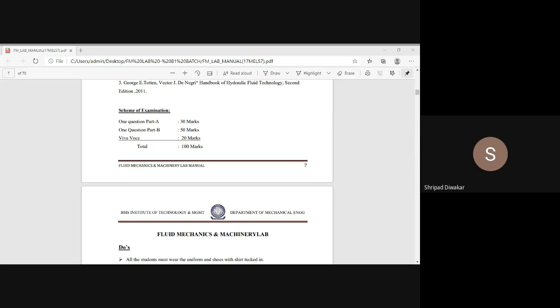It mainly deals with what a fluid is and different types of fluid, then what the hydrostatic law is, what viscosity is, Newton's law of viscosity, and Bernoulli's theorem and equations. All about the introductory part of the experiments you are going to carry out. So this is the introduction part of the fluid mechanics lab.